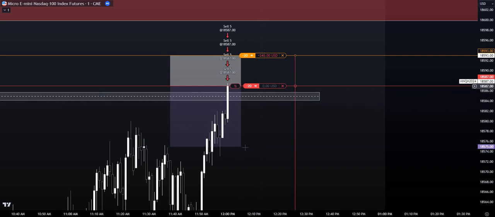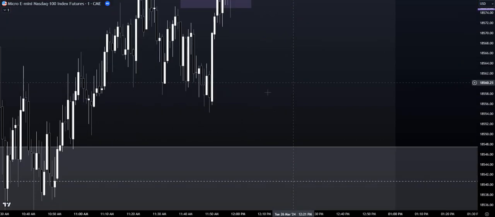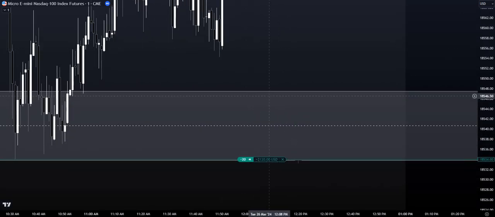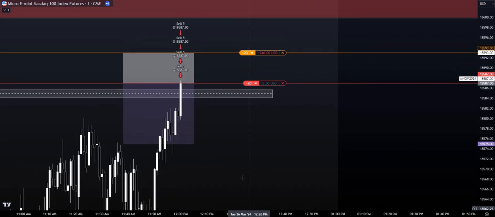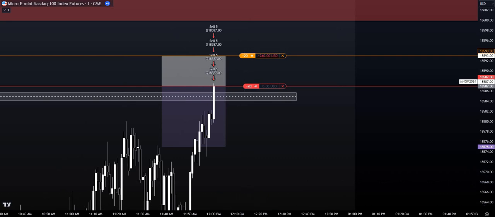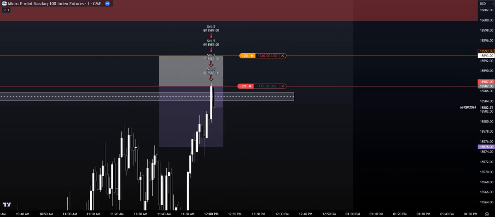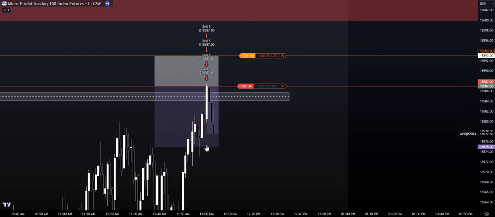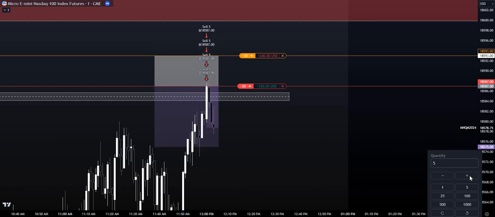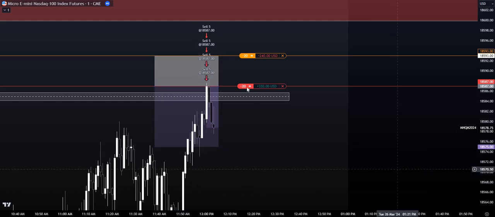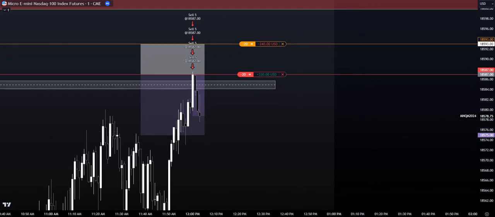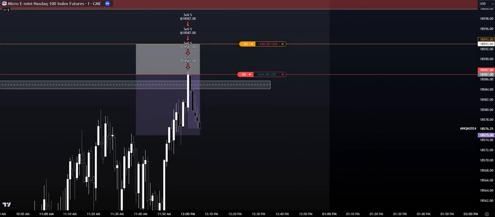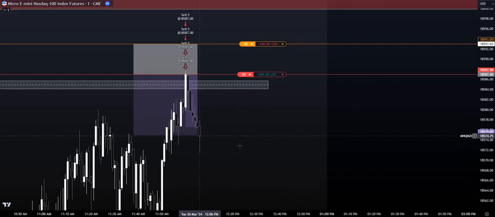All right. Once we do that, we are going to be letting it ride all the way down to sell side liquidity. All right. So because of that, let's let this thing play out. Price is starting to displace now. Once we get to here, we're taking off 10 contracts, which is 50% of the size. Boom. We get that here. We get our 1-to-2 risk to reward ratio.